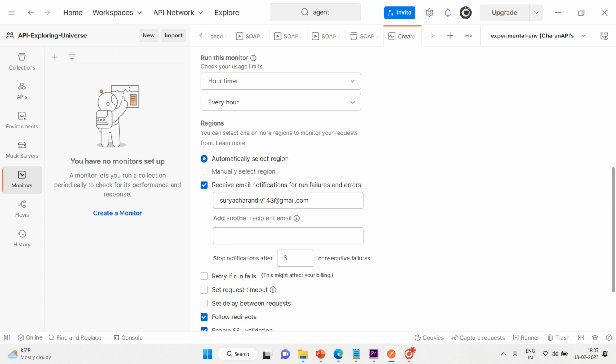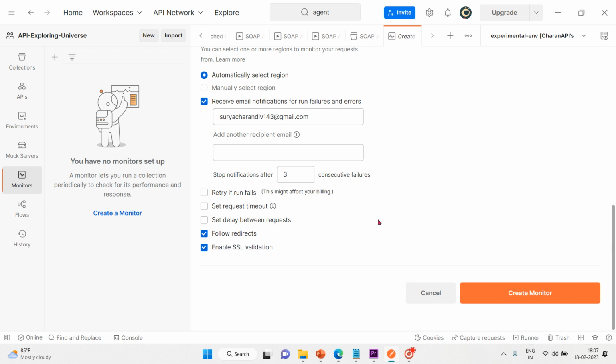Then regions. Automatically select a region. I don't want to attach a manual one. Then receive email notifications for run failures and errors. By default it is taken. If you want to add one more, you can add it, and stop notification after 3 consecutive failures. In addition to that, we have a few more options, like retry on run delays. It's similar to our scheduling collection runs. So now, once it is all done, let's click on Create Monitor,